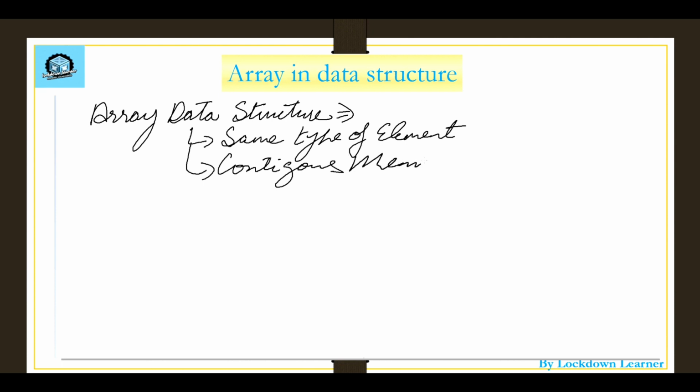Contiguous memory. Okay, and what does this contiguous memory mean? I will tell you what it means here. Suppose you have an array of 5 numbers: 1, 2, 3, 4 and 5. Say 1 is stored at address 100, so 2 will be stored 4 bytes later, depending on the integer size, and the next ones at 108, 112, 116.